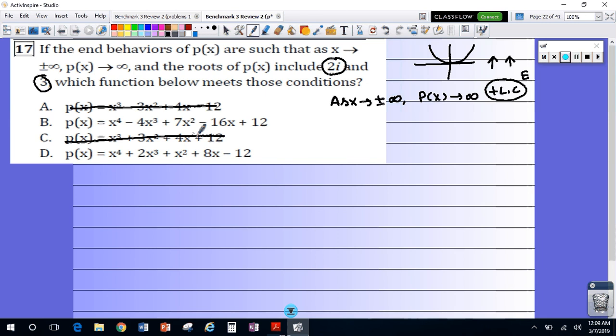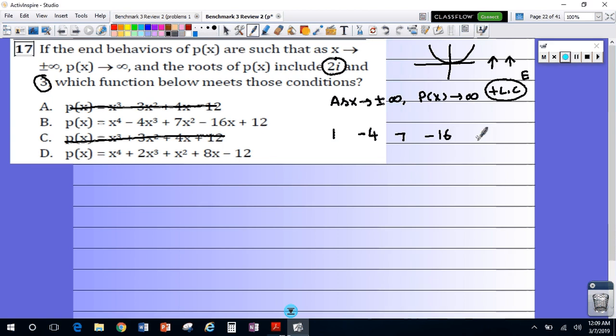So we check whether x equals 3 is a solution for the given polynomial. So what are the coefficients you have? Use synthetic division here. 1, negative 4, 7,